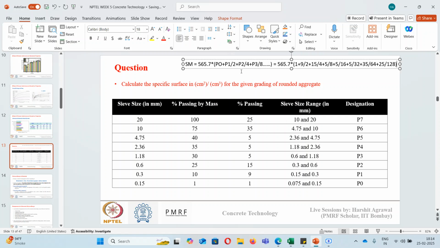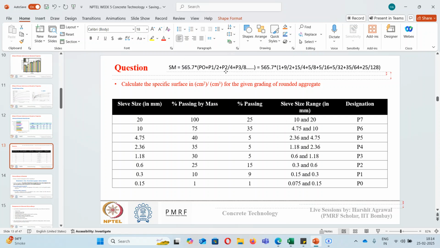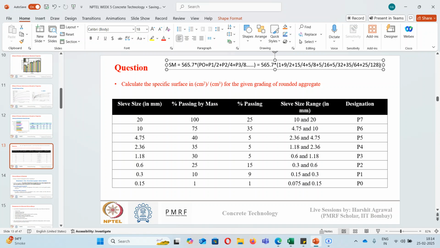Okay, so this is how we will calculate the specific surface area, or we can say surface modulus. So this value will come out to be